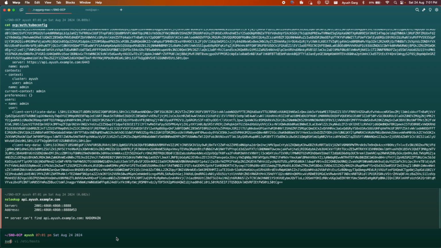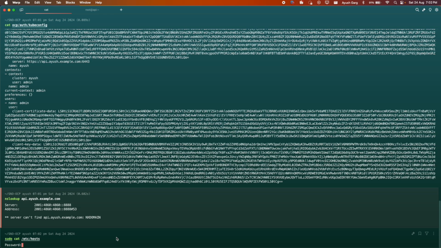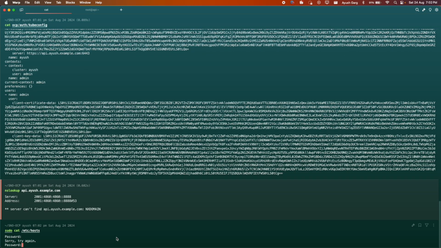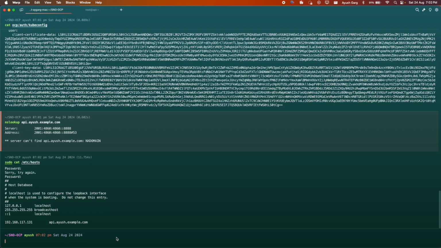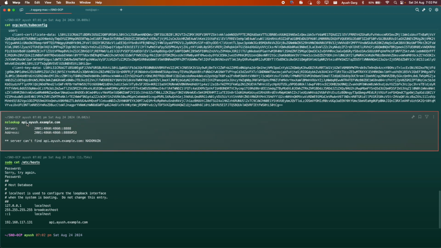So maybe what we can do, we can verify whether the hosts file entry is there or not. Let me type the password. Okay, some typo. Let me give it another try. Yeah, so the api entry is there, and my bad, nslookup will not work because